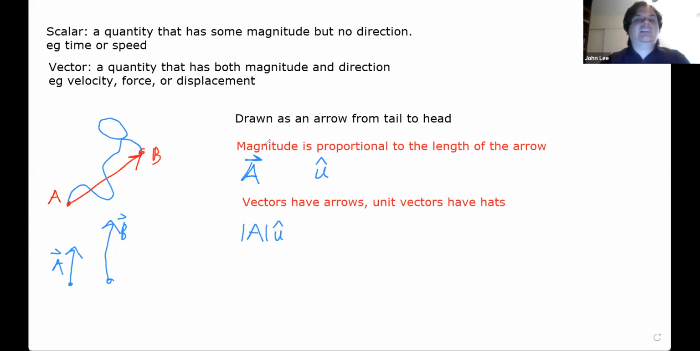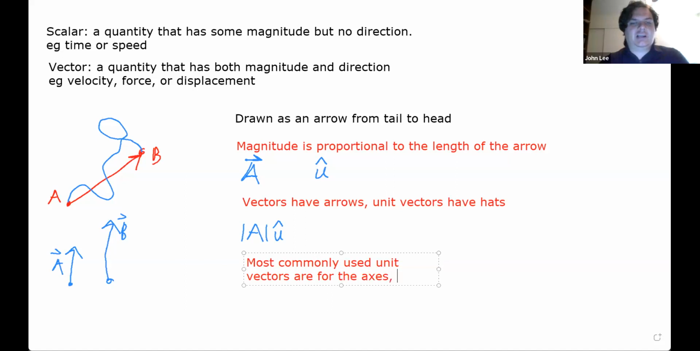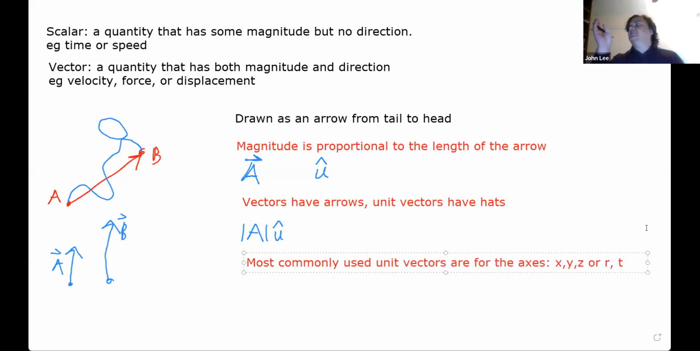And then the most commonly used unit vectors are for the axes x, y, and z, or if you're talking about polar coordinates, then it would be R and T, where R is the distance from your origin, and T is the direction perpendicular to the R unit vector, which is going to look like,